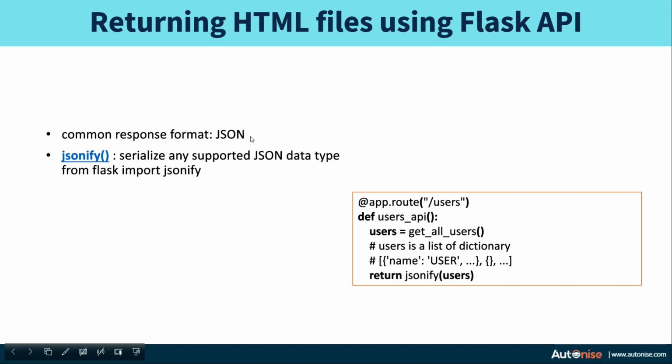JSON is a very popular standard format which can be used to convert and encode your dictionaries and lists and then decode it in your JavaScript code. So you can use the jsonify function provided by Flask. You can import jsonify from Flask and then return your users after converting it into a JSON string. On your client code, you have to convert your JSON back to an array or an object. So this is how, using a Flask API, you can send JSON information from the server.